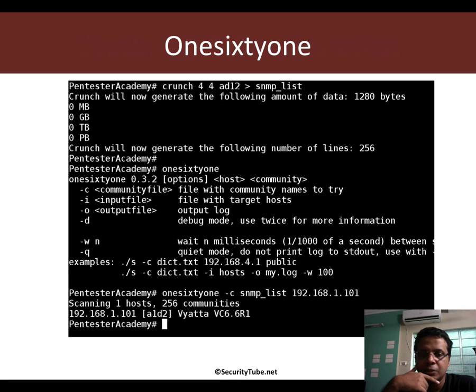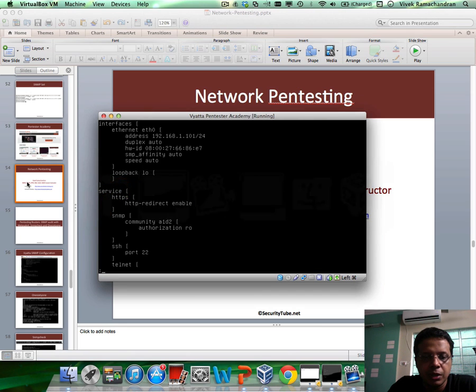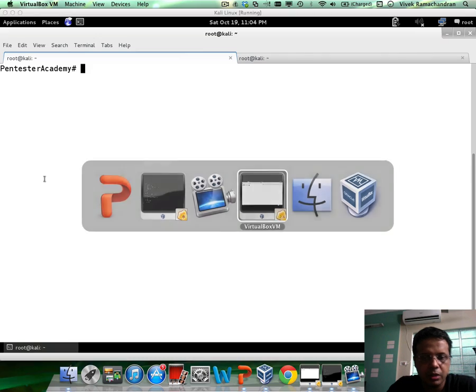Now, Onesixtyone is an interesting tool which can actually go ahead and also do SNMP brute force, and you can provide it a list of hosts as well as a list of community names to try. So let's quickly see how this tool works. Let's go into our Kali instance,